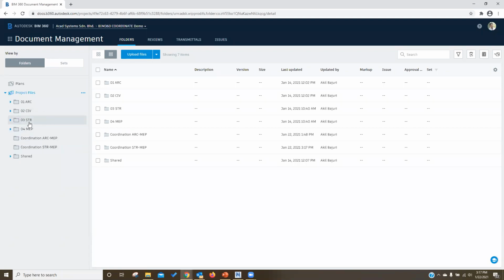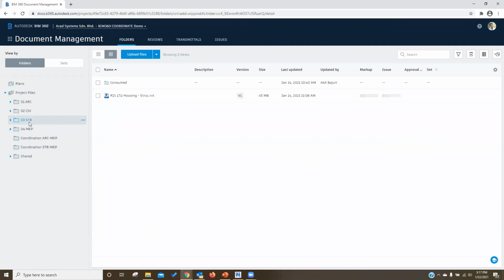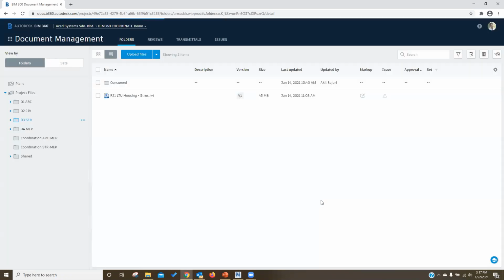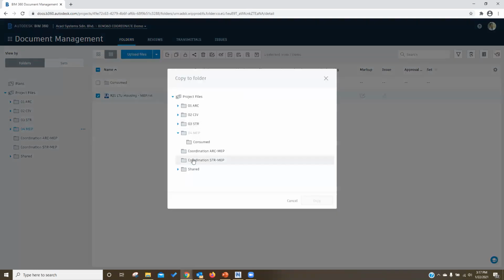The way we transfer is very straightforward. You go to the drawing, select the drawing, click copy, and copy it into this folder. One document copied, and again the MEP, select the drawing, click copy, and move it into the structure MEP folder.